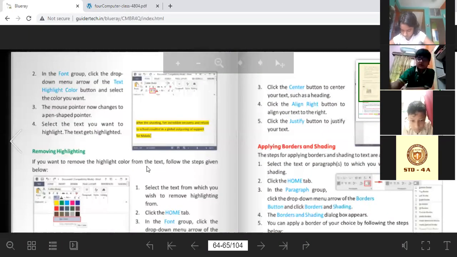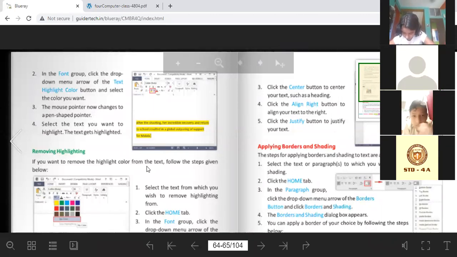In the font group, click the drop-down menu arrow of the text highlight color button and select the color you want. The mouse pointer now changes to a pen-shaped pointer. Select the text you want to highlight, and the text gets highlighted.